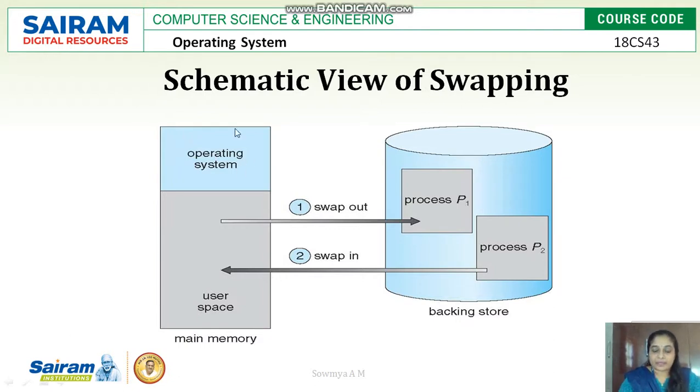So this is the main memory, where the main memory is always divided into operating system space and user space. The process which has to be executed by the processor or user application will be swapped in or swapped out from this main memory. As I told, backing storage is the secondary storage device where the process data or the memory image of the process is stored. The data which is required by the processor for execution will be swapped in. After execution, the updated data will be swapped out to the backing storage.